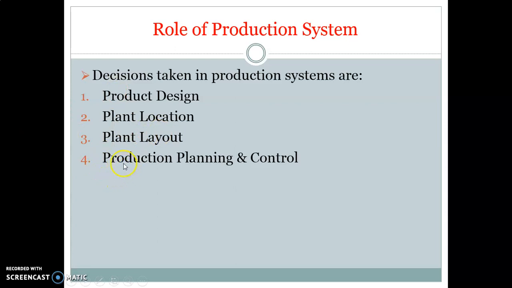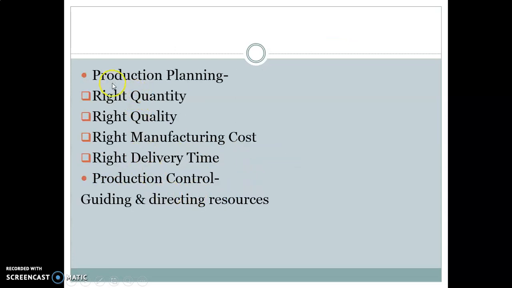And the last point in decision making of the production system is PPC, or it is formally called production planning and control. Okay, so production planning. What is the objective of production planning? First, right quantity, means we have to produce exact quantities that customers demand.